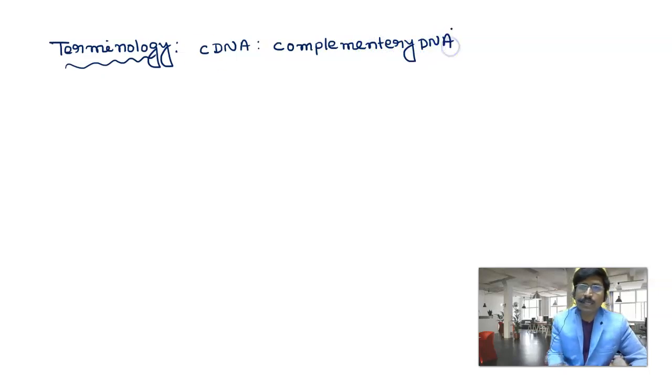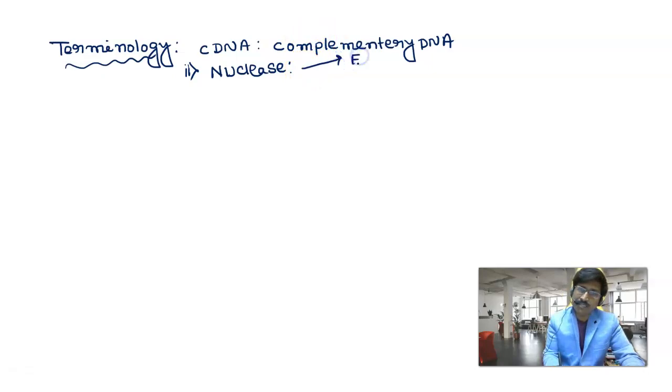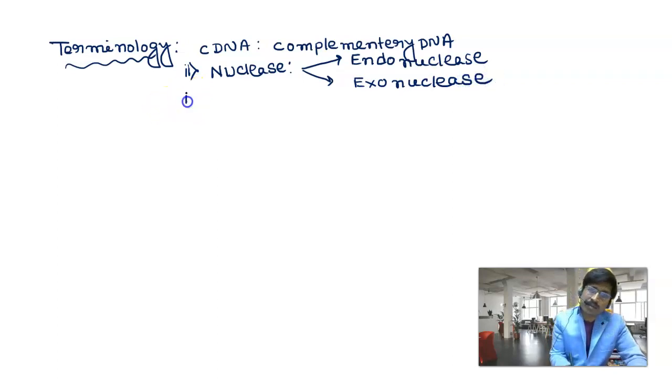Then we'll learn about different nuclease enzymes which degrade the nucleic acid, like the DNA manipulating enzymes. Nucleases are of two types, endonuclease and exonuclease. Then we learn about